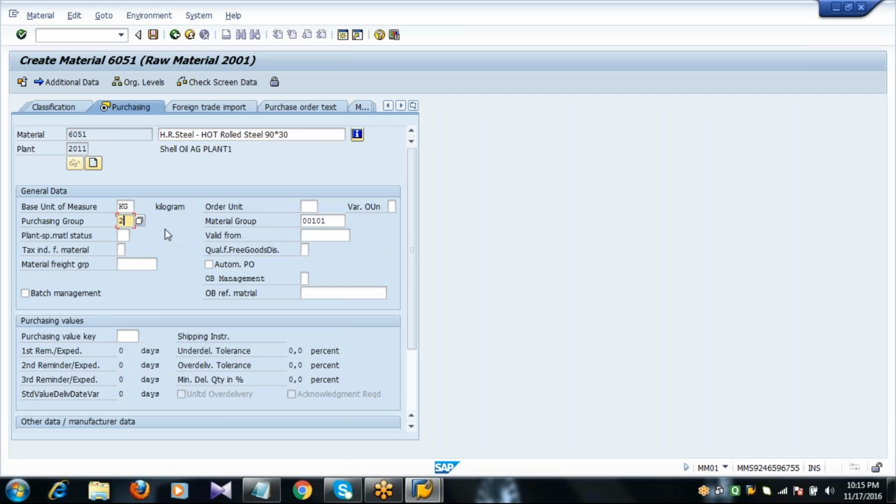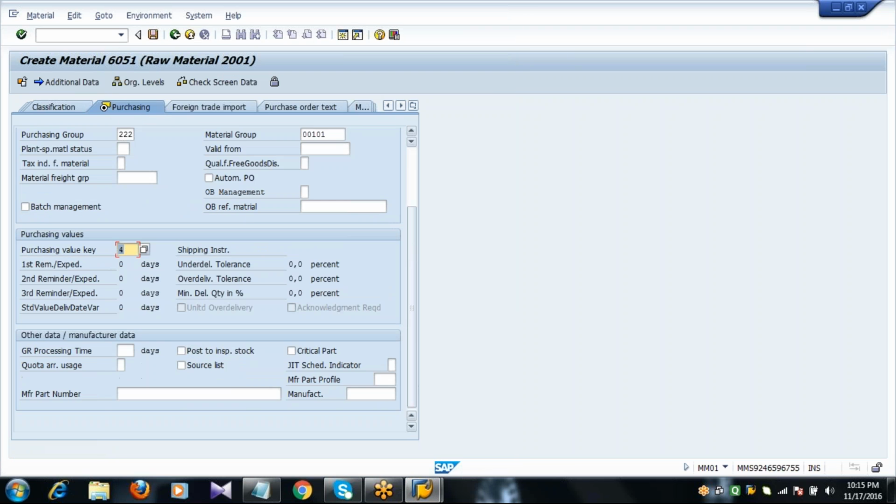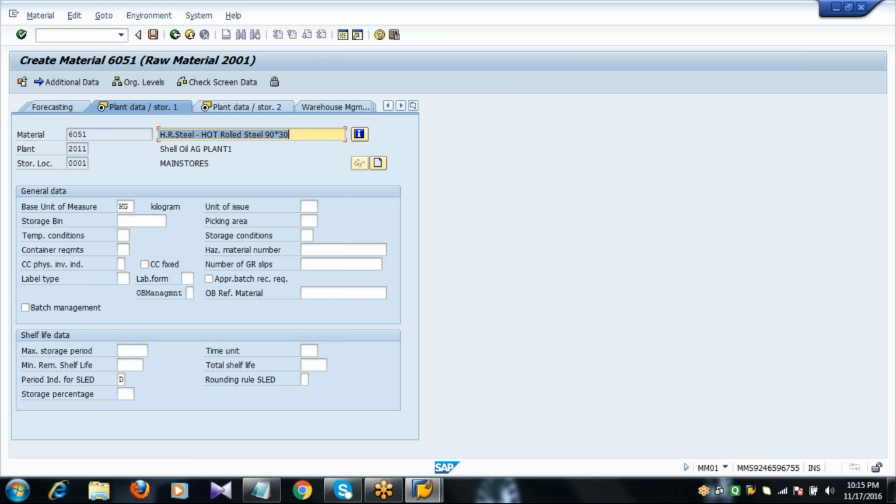I will enter my purchasing group that I created and purchasing value key. I'll maintain it as a 4. We'll discuss what this GR processing time is, as 2. Enter. If you get any warning message, press enter.